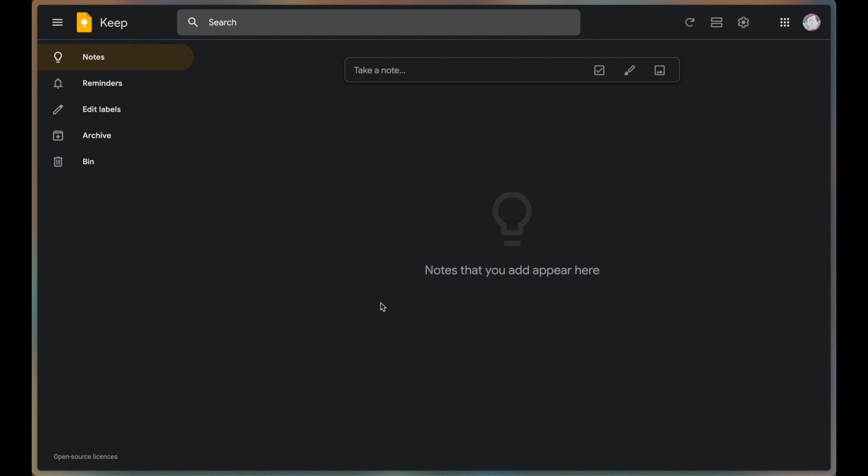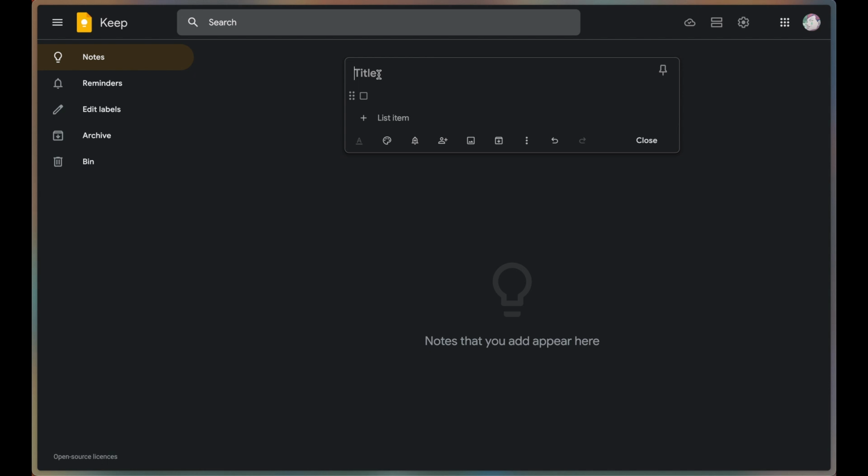In this video, I'll be showing you how to create a to-do list in Google Keep. So this is very simple. All you do is go up to here, this bit here. So click new list here and then put